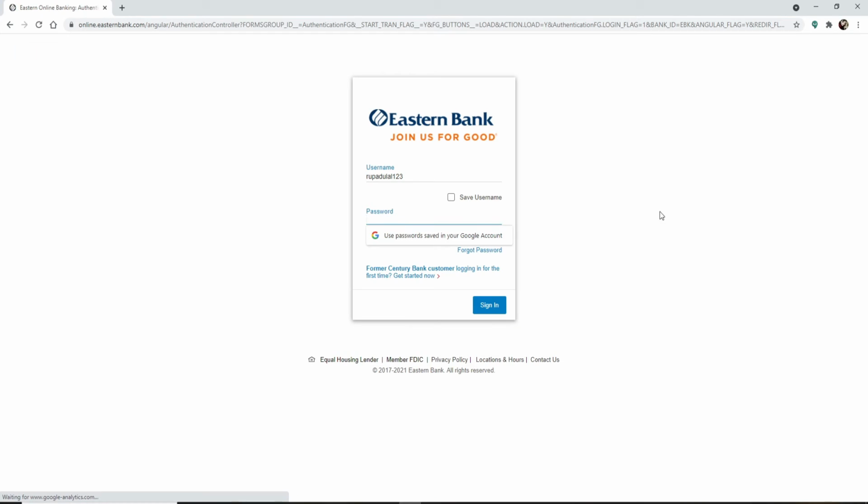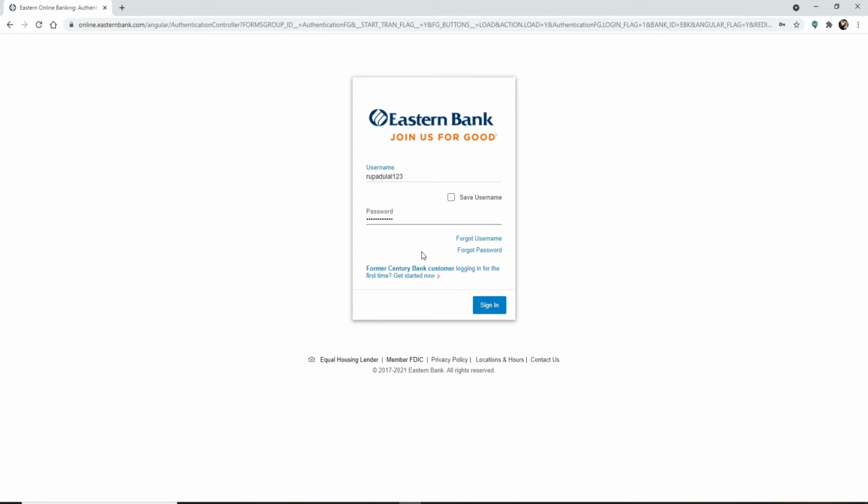On the next page, you'll be able to see a password text box appearing. Type in your password correctly in the text field. If you'd like the system to remember your username and password so that the next time you won't have to type it in again and again, check this box right here where it says save username. But remember to leave it unchecked before logging into your account if you're using a public computer or a shared